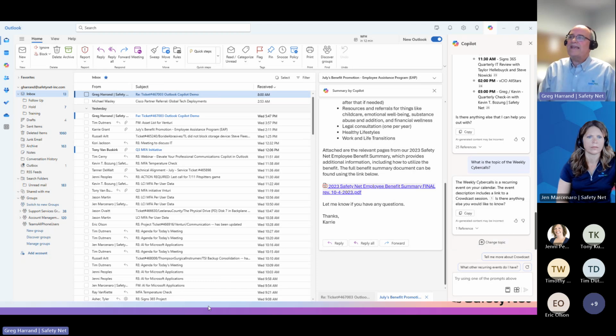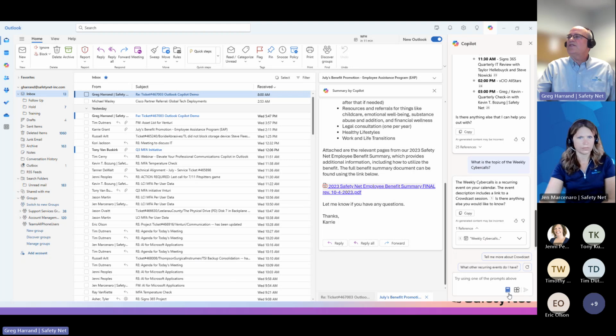Every week the agenda changes, but you get the idea. It would give me the agenda if there was one for that particular meeting. Again, it tells me what the reference is, and so I could open up that reference. In this case, it's the reoccurring meeting for the cyber calls because I have a standing Monday meeting related to cyber.